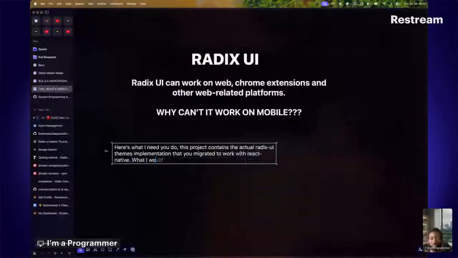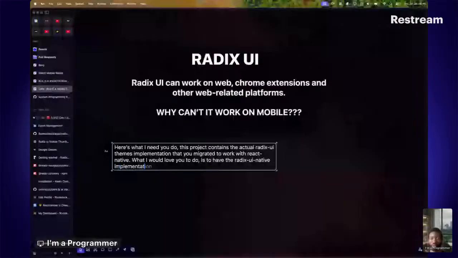What I would love you to do is to have the Radix UI native implementation alongside the web, but having its own configurations,